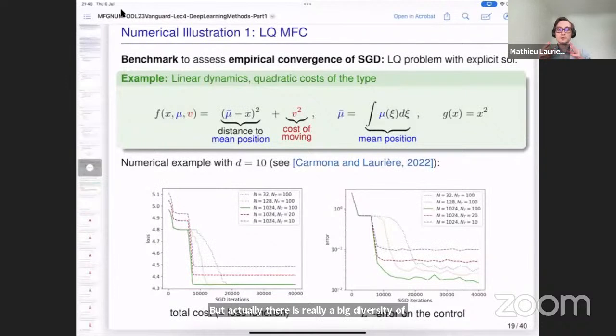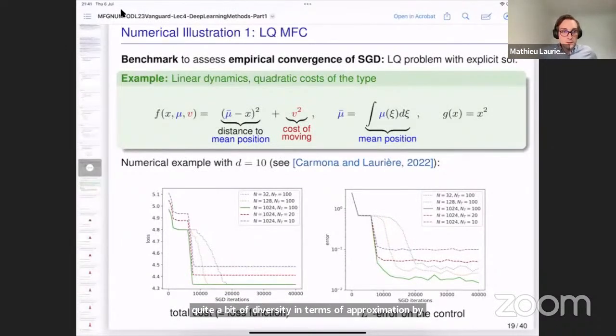For example, there are some results approximating functions in Sobolev spaces using neural networks, or just functions in various spaces. So if you have a specific example, maybe it works. You need some regularity, but really there is quite a bit of diversity in terms of approximation by neural networks.